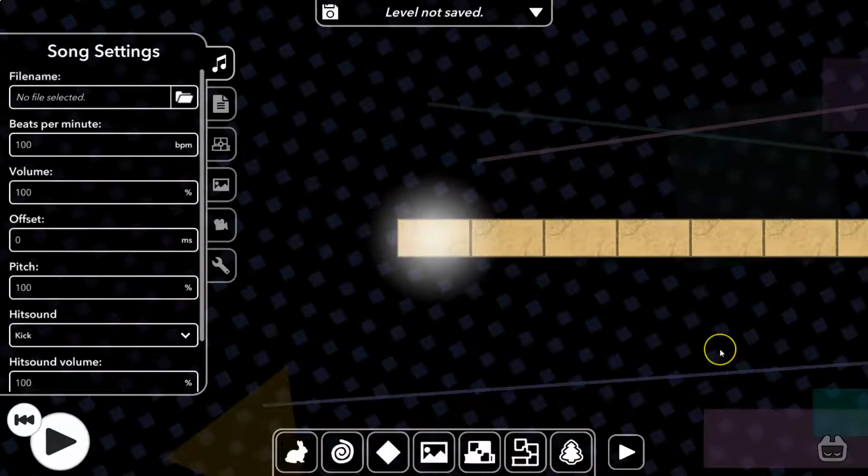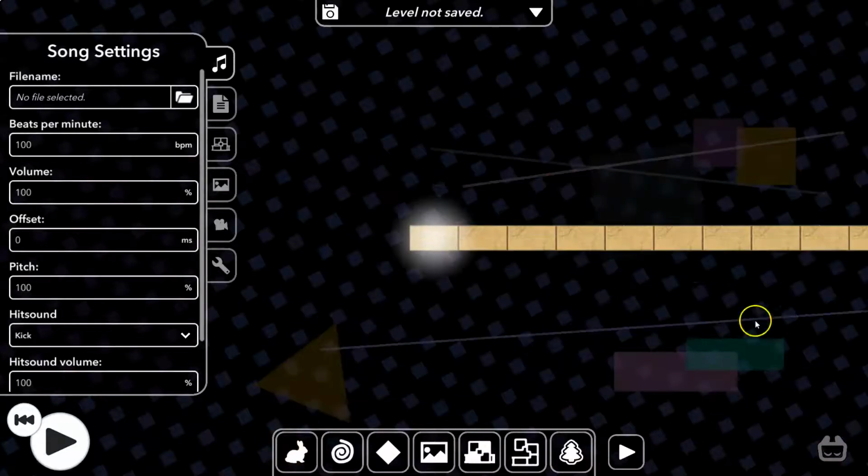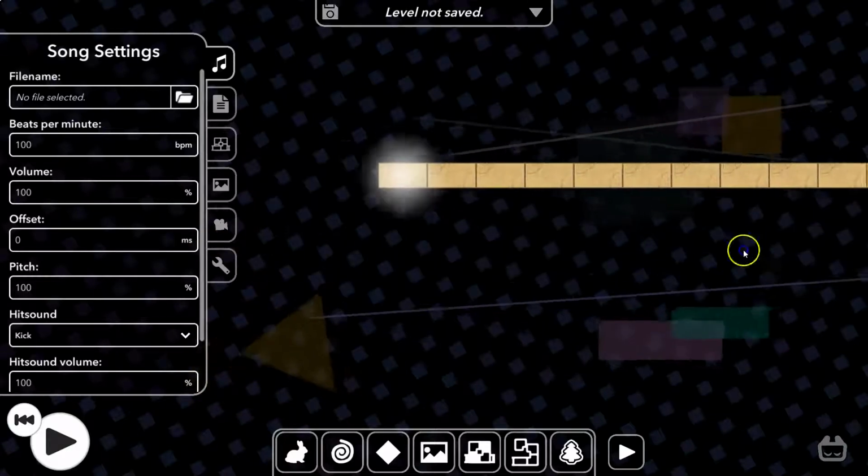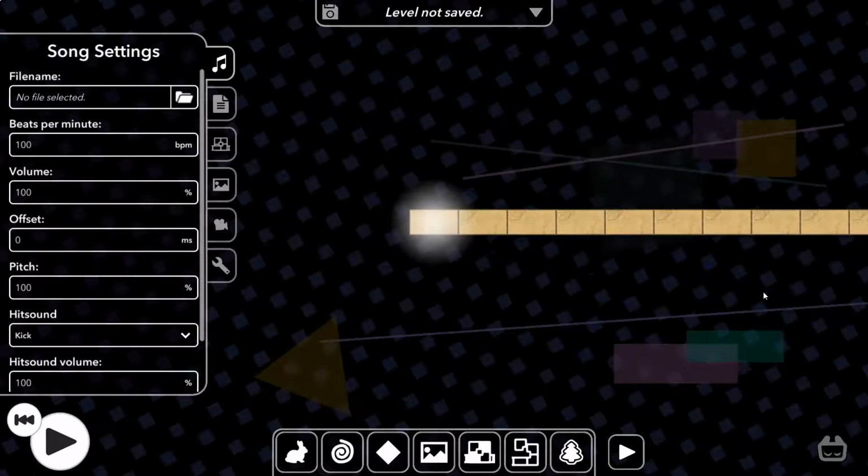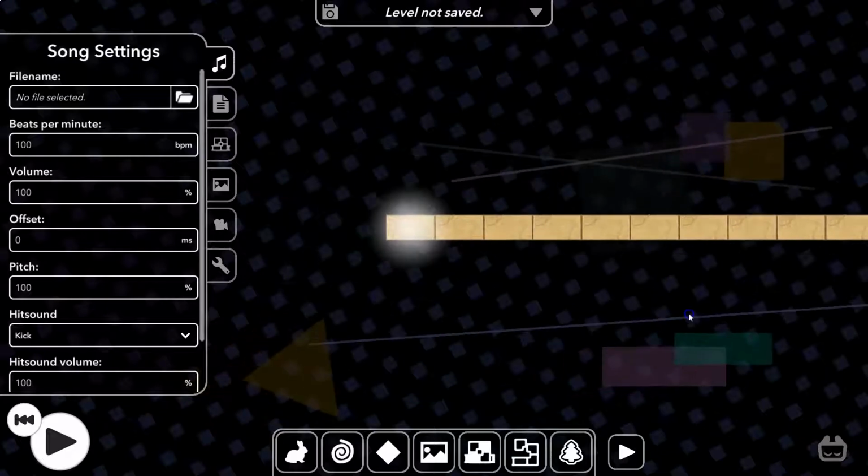It'll bring us to this, which is your start. This is what you start with. It just gives you this. It's not very anything special. It's just the start of it. So I'm going to show you guys how to start this, just so you guys get an idea. Because when I started, it was tough for me because there were no instructions and it just kind of threw